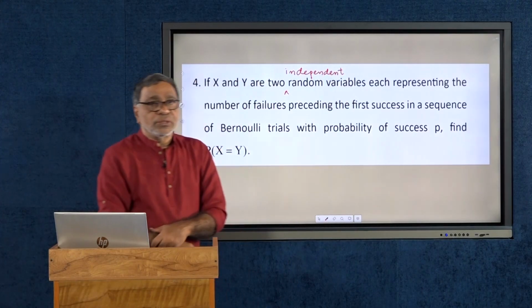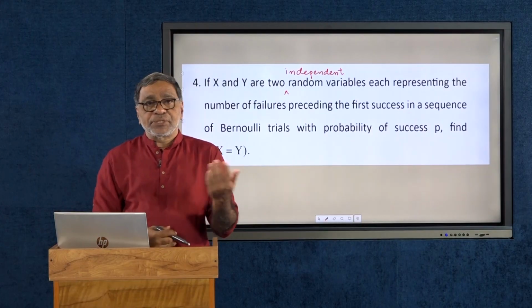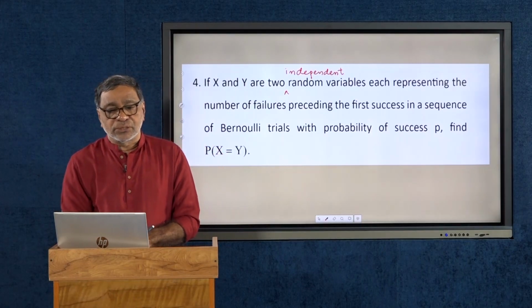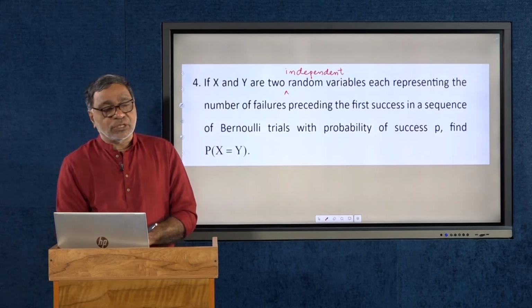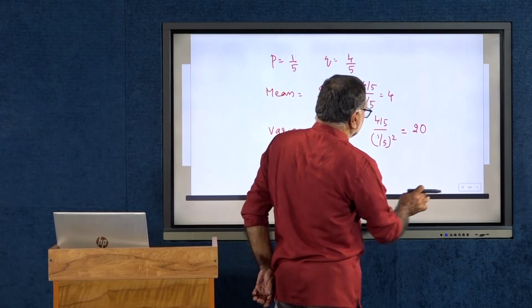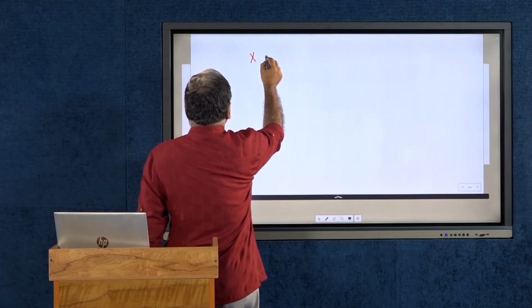Suppose you are given that X and Y are two independent random variables, each representing the number of failures preceding the first success in a sequence of Bernoulli trials with probability of success p. Find the probability of X equal to Y. How do you find this probability? You are given X and Y are independent